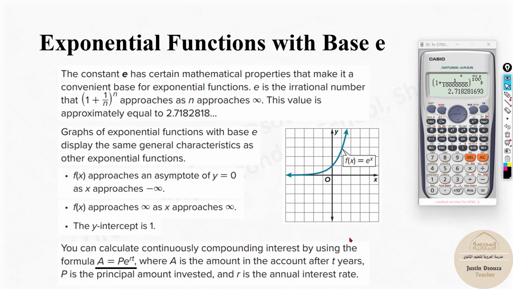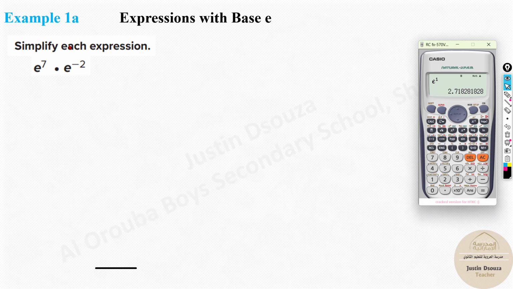Now we have done exponentials many times in the previous lessons, so I urge you to go back to the previous graphs and understand it thoroughly. If you're getting confused with this, it's the same thing. It's just that the base will be e. And if you want to use this e, it's over here: shift and natural logarithm will give you e, Euler's number. You can type anything over here, or you can just write 1. That would be the e value. Now we will start with basics.